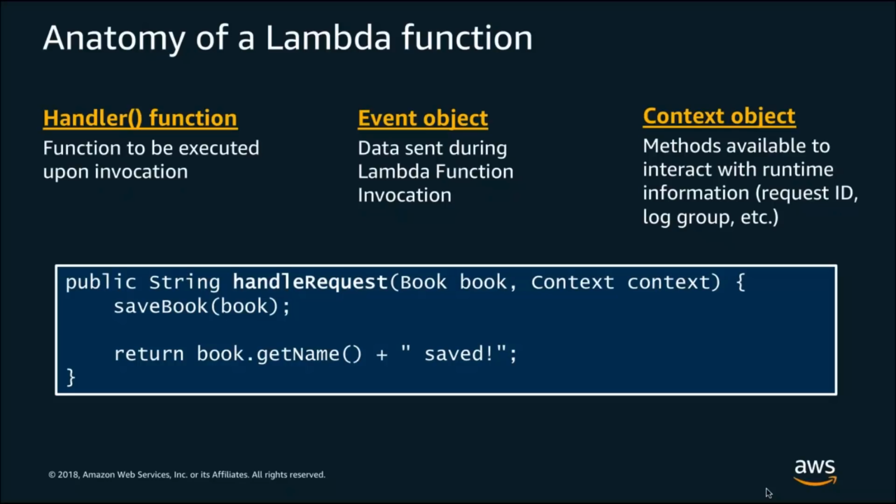We see here an example of a very basic handler that takes in 2 different variables, book and context. It then goes and calls another function. In this case, we can think of that as our business logic that lives outside of this handler, and then it's going to return back to the invocation source some sort of output from this. And so the handler function is typically where you will take in whatever data and event sourcing and context that you have. We'll talk about the context here in a moment. Do whatever business logic it is that you might need to accomplish, and then return the result back out to the invoking service.